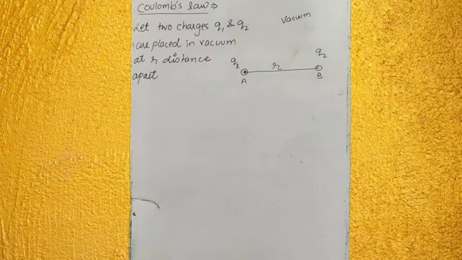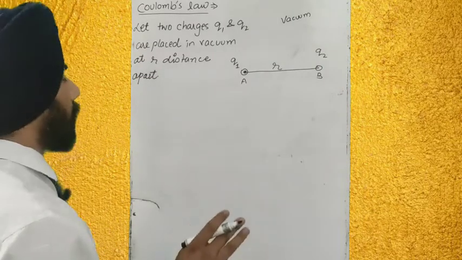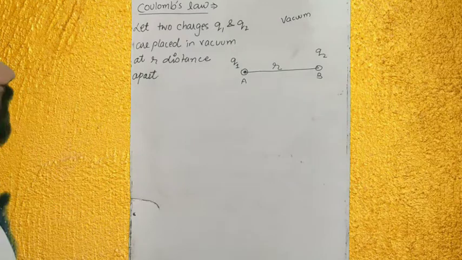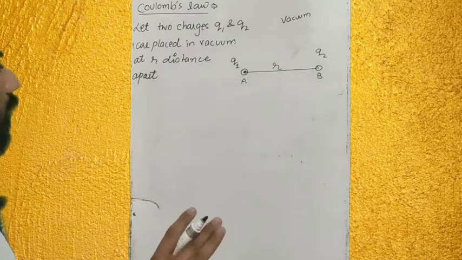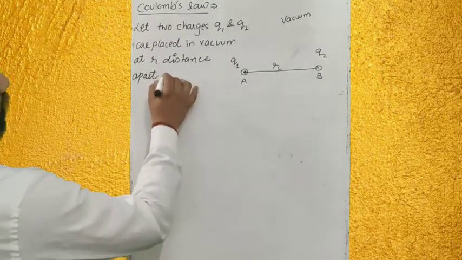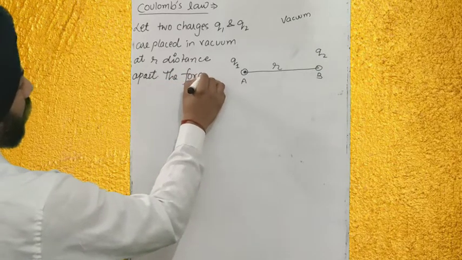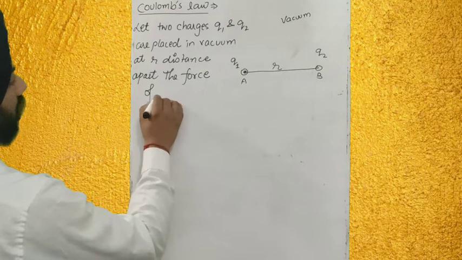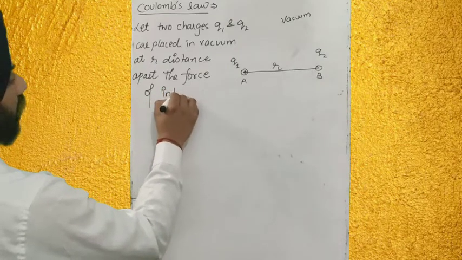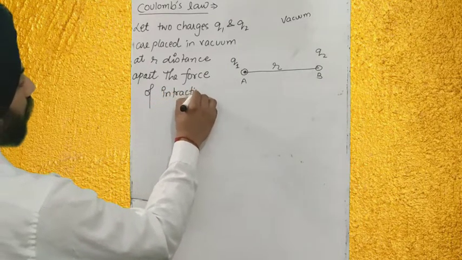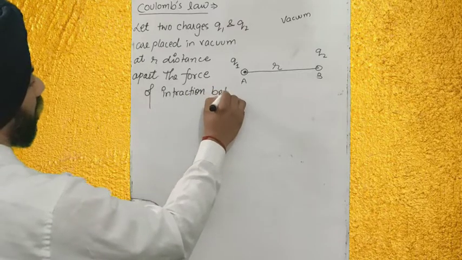Okay, this is the condition we accepted here. The two charges are kept in vacuum at r distance apart. The force of interaction between them,